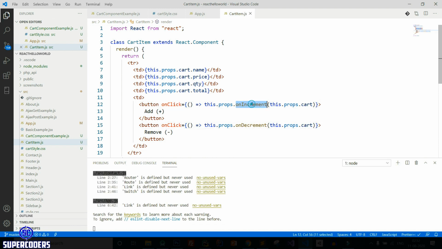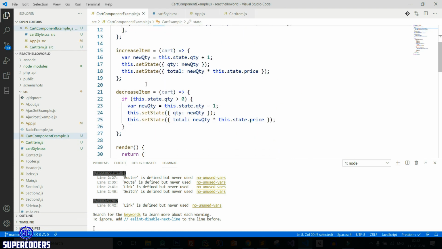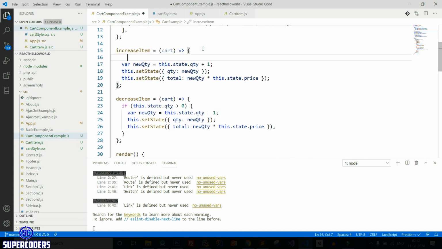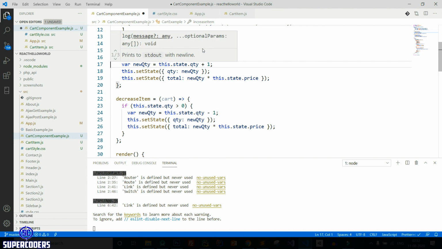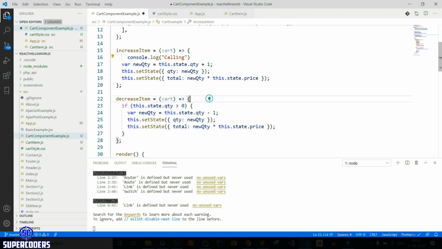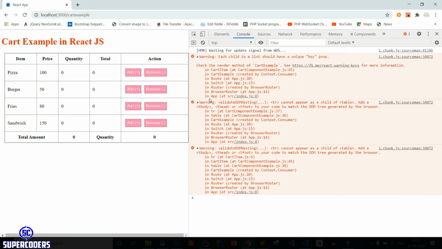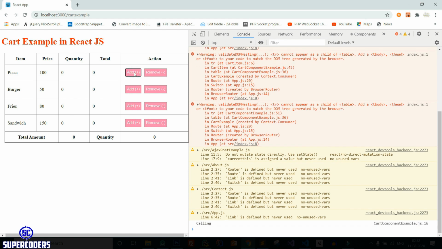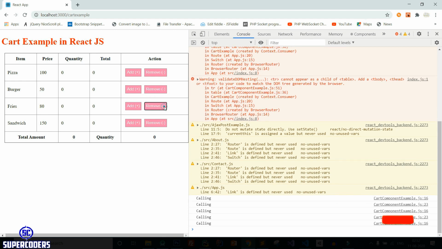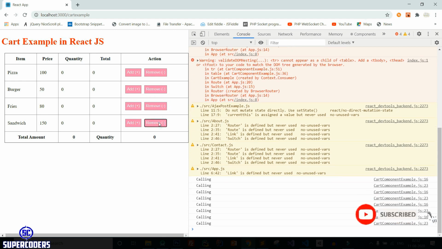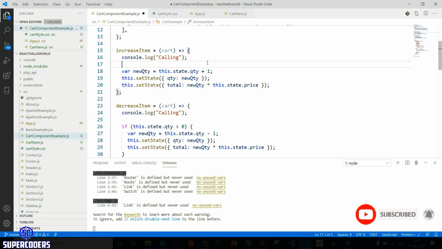So this actually method calling to parent is, let's try to print this. Console.log calling, and now let's check. You can see we successfully calling my parent method. It's working.